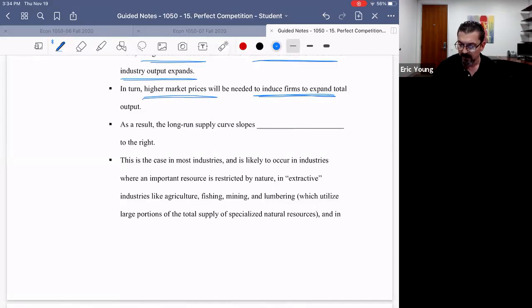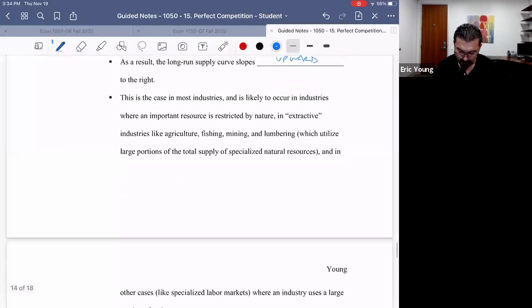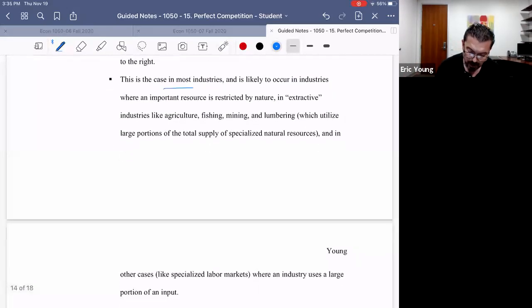As a result, the long-run supply curve for an increasing cost industry will slope upward to the right. Okay, this is the case in most industries, and it's likely to occur in any industry where, for example,